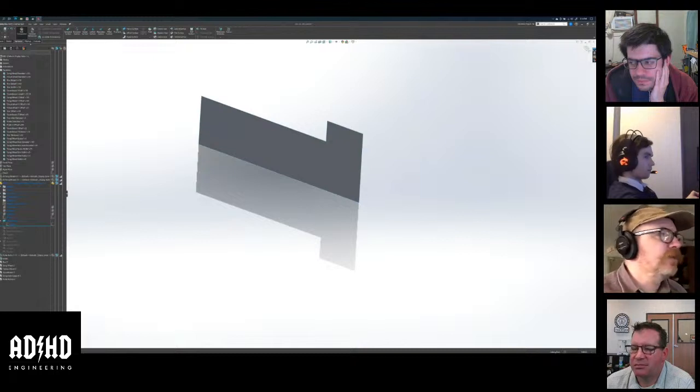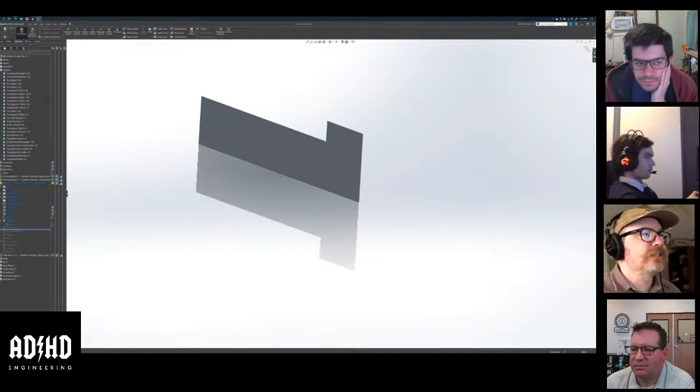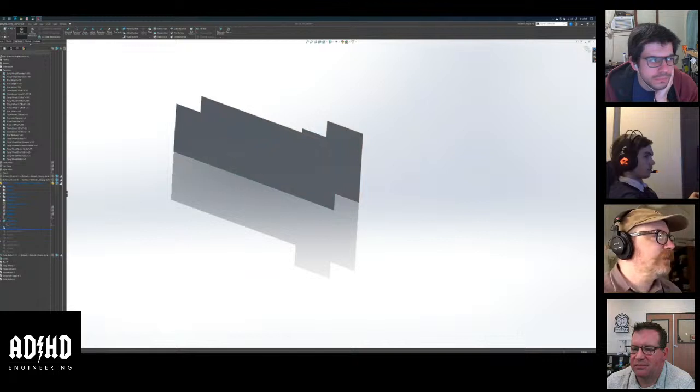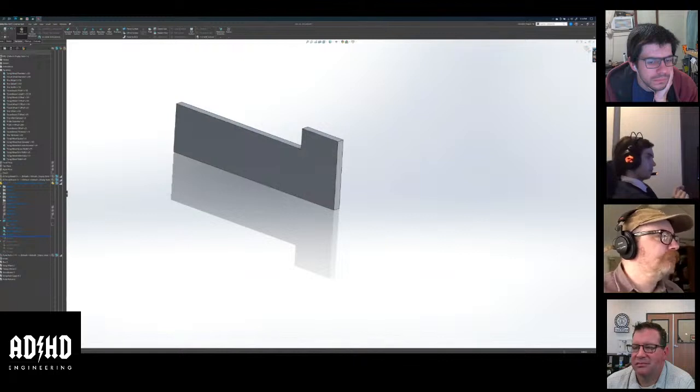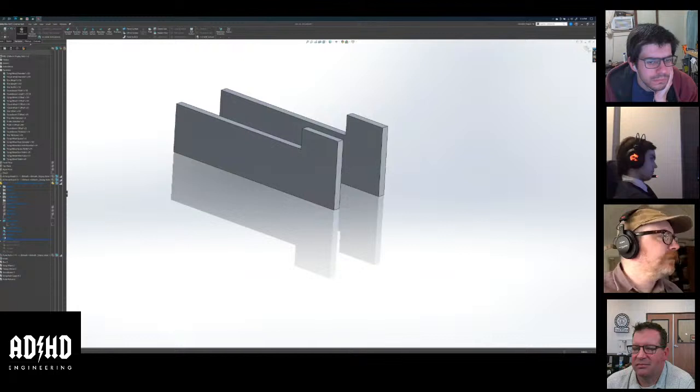Gotcha. Okay, so this is where I did a surface. I did a surface offset. I did a body delete keep, so I got rid of the original, which you could actually do anytime or never. I thickened it. Then I mirrored that thickened body. So now I've got 2. Then I did